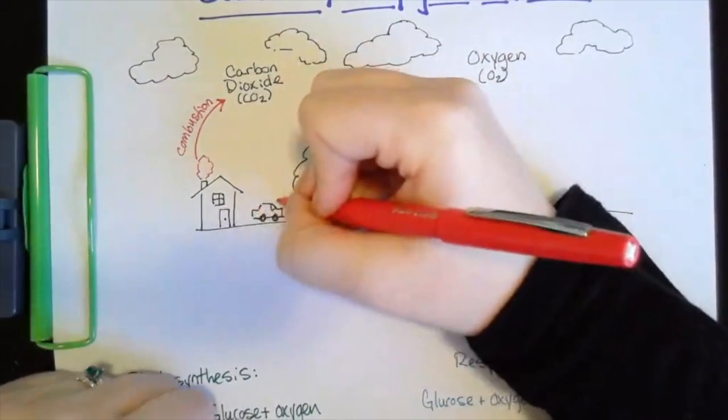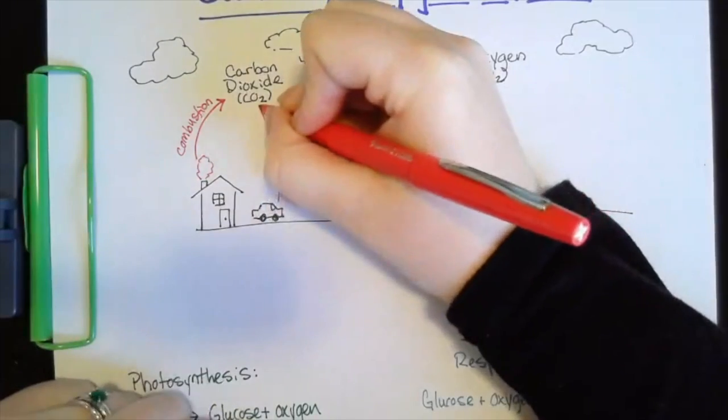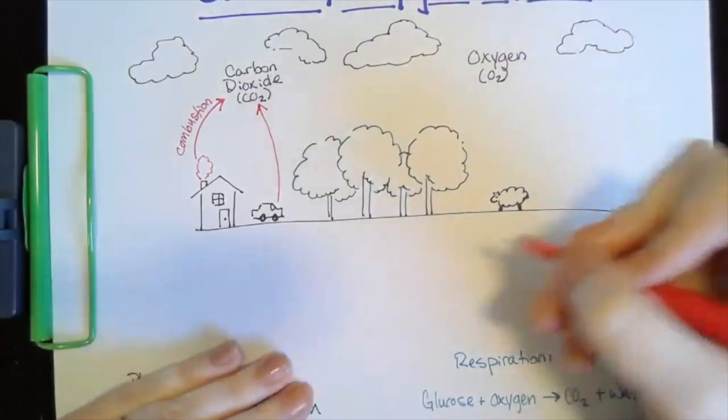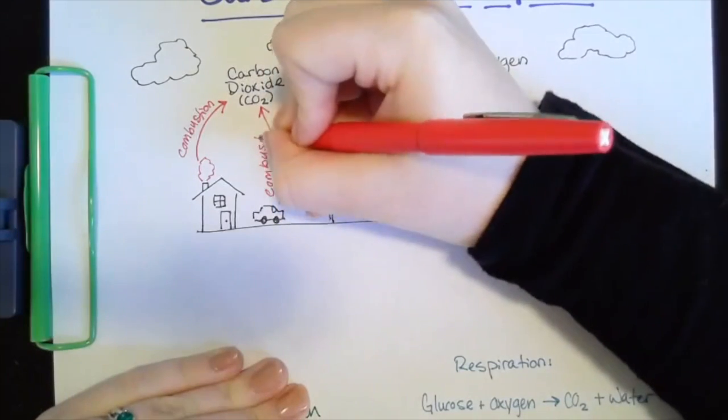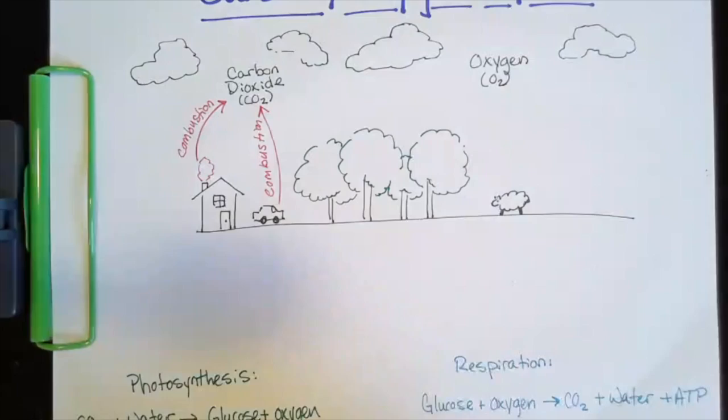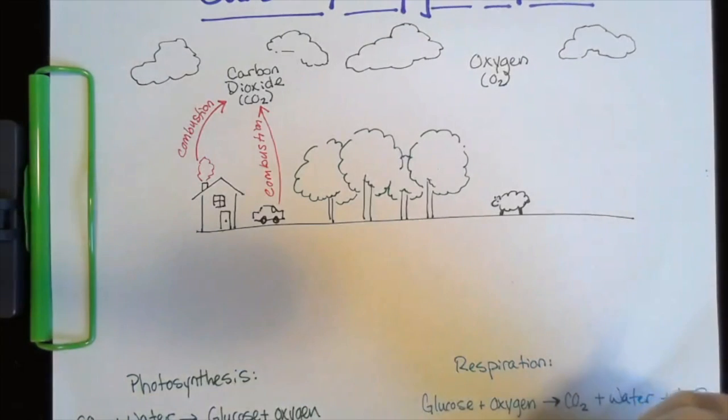Same thing if they need to drive to the store, they take their car, they're burning gas in their engine, that's also combustion. So I'm going to use a red arrow to represent combustion. Combustion adds carbon dioxide to the atmosphere. Okay? Another way that carbon dioxide gets added to our atmosphere is through